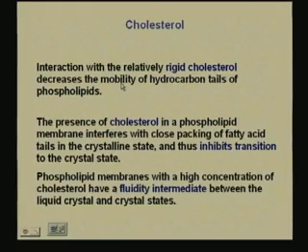Now, the single bonds are free to move, they are flexible, but if the cholesterol is sitting beside it, which has a very rigid steroid nucleus to it, the flexibility is not allowed in the hydrocarbon tails as such,